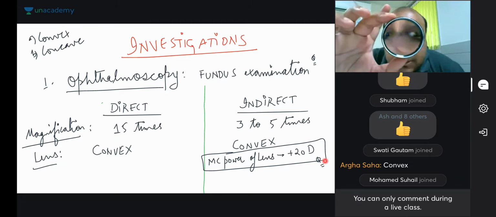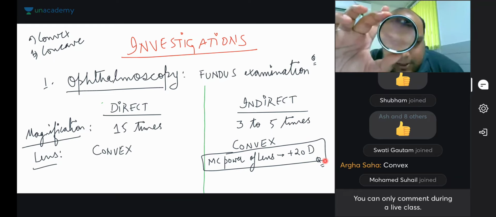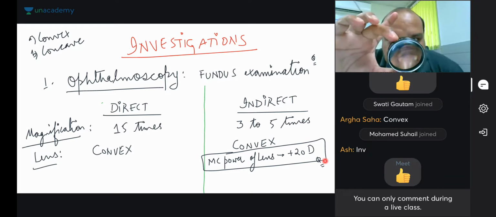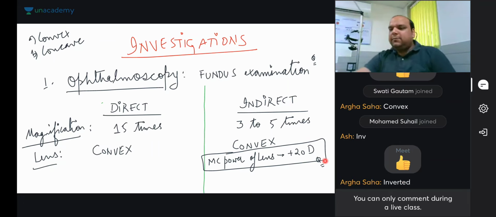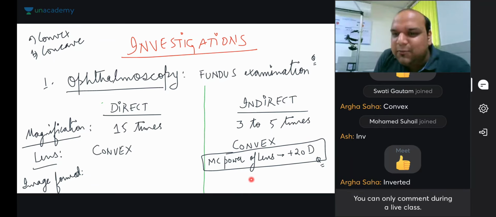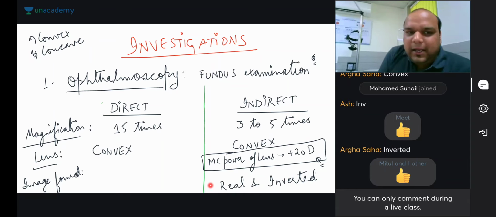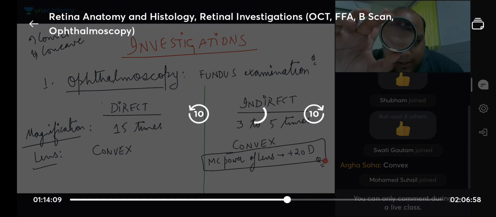As soon as you're looking through this lens, my image looks what, everybody? My image looks inverted or erect? Inverted. That will be my next question to all of you. What is the image fault? So if we've been able to see it, we know that in indirect the image is inverted, and inverted images are real and inverted. So if the image formed in indirect is real and inverted, the image formed in direct